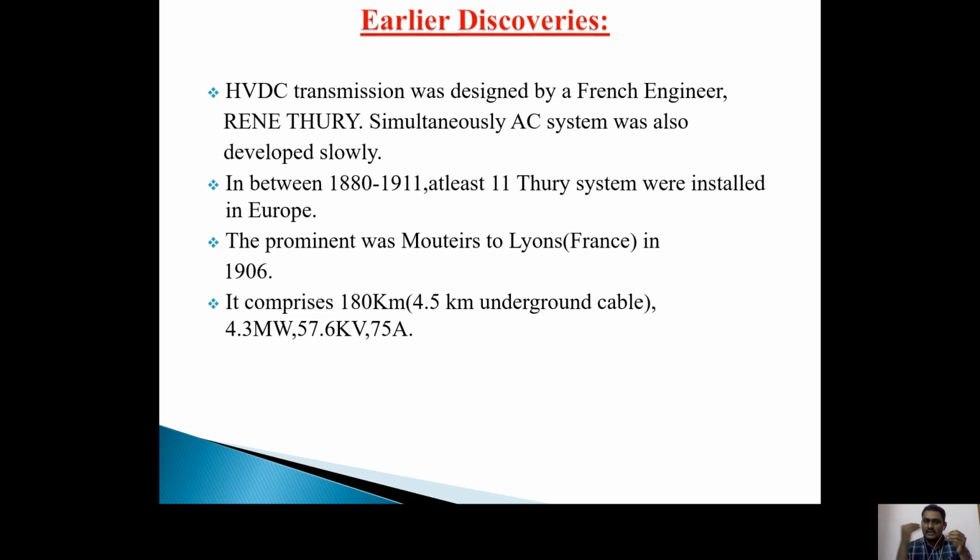But why are we going into HVDC? In the earlier days we were using DC transmission with low voltage, but because of some economic problems we also used the AC system, again at low voltage. Because of some difficulties in the AC system, we are not using AC with low voltage. We face many problems like stability problems, power transfer problems and voltage level problems. Because of those problems, we are using the HVDC system, mainly the DC system.